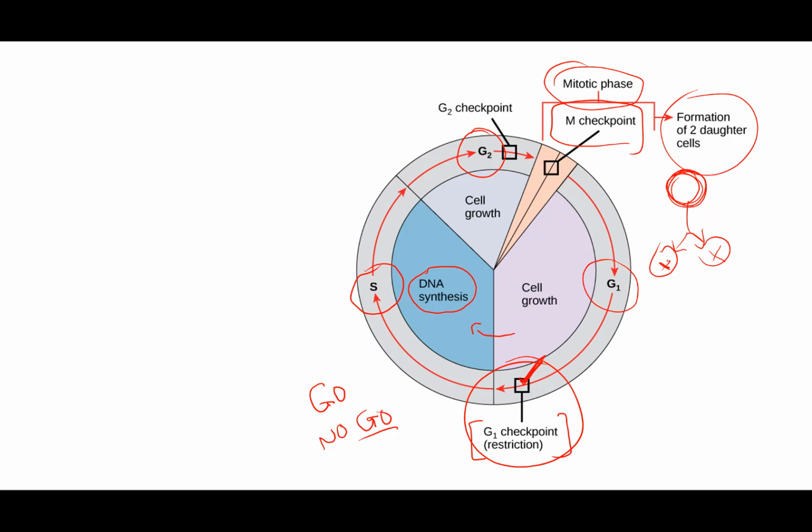Now, once this process starts, it doesn't stop. So the cell will do everything it can to synthesize its DNA, and it will do so without problems usually. And then the cell will grow. Okay, and at some point, even before moving to the mitotic phase, which is dividing the cell into two daughter cells, the cell will stop again at another checkpoint that is called the G2 checkpoint. So what we want to ask here is that before we even get into the M phase, we need to ask, okay, well,